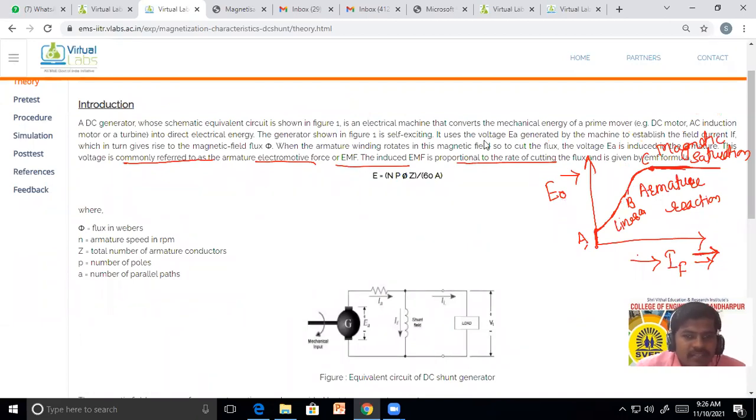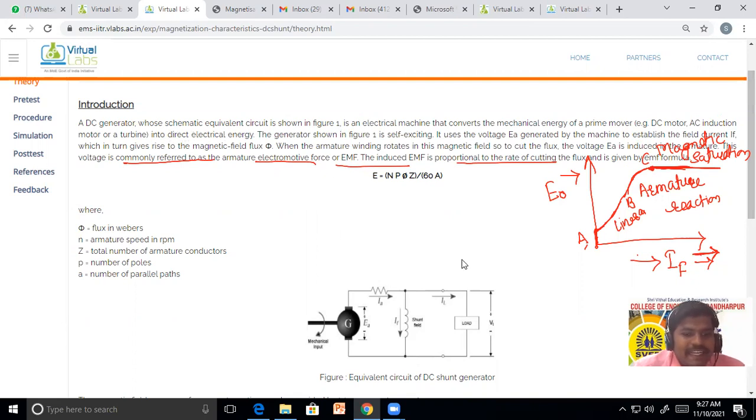It is an electrical machine that converts the mechanical energy of a prime mover. प्राइम मूवर मध्ये आपण डीसी मोटर यूज करू शकतो, एसी इंडक्शन मोटर, और इट मे बी टर्बाइन. प्राइम मूवर म्हणजे जनरेटर आपल्याला रन करायचंय. रन करण्यासाठी आपण एकतर डीसी मोटर यूज करू म्हणजे डायरेक्ट कपलिंग करून, एसी मोटर पण यूज करू शकतो, दॅट इज एसी इंडक्शन मोटर, और इट मे बी टर्बाइन. सो सी हियर इट इज फिगर, इट कैन बी शोन. Now